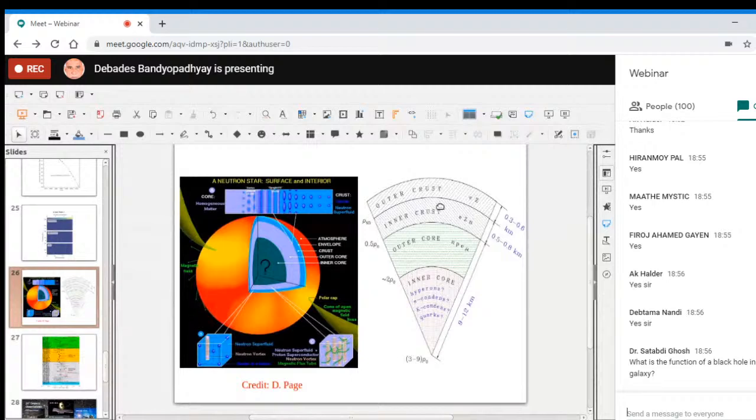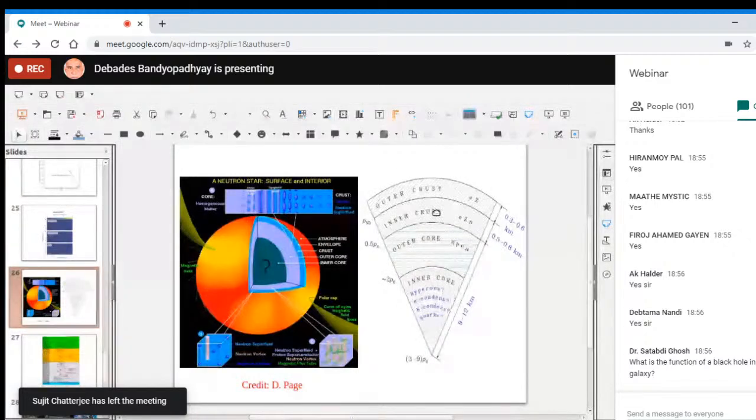The difference between the outer crust and inner crust is that nuclei in the inner crust are more neutron rich. So neutrons cannot be bound inside a nucleus, and they come out of the nucleus. Those are free neutrons, and these free neutrons are fermions, they can form Cooper pairs and